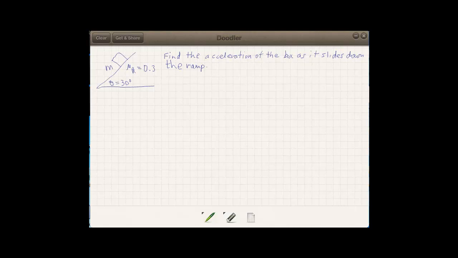Physics students. This is my dad showing how to find the acceleration of the box as it slides down the ramp. Yep, I'm very descriptive, and